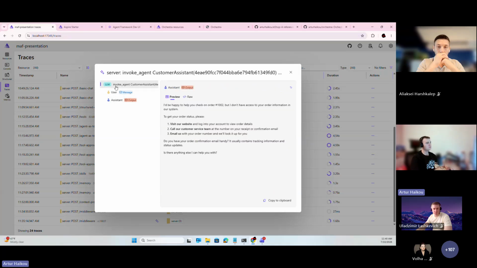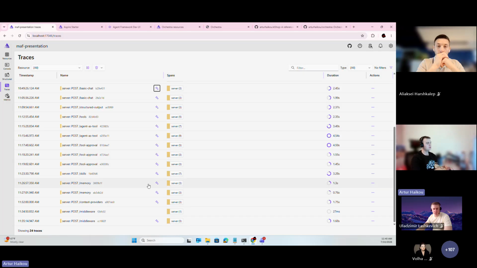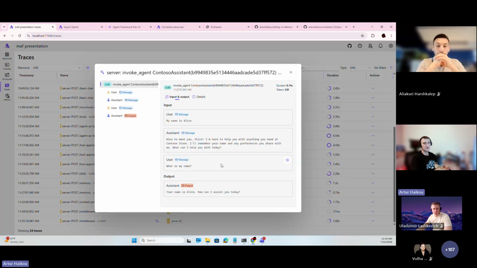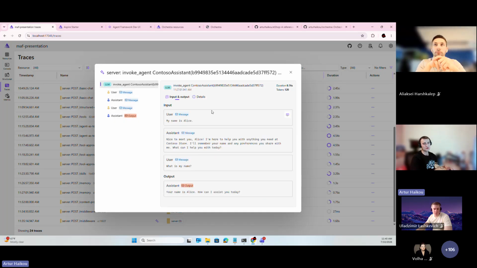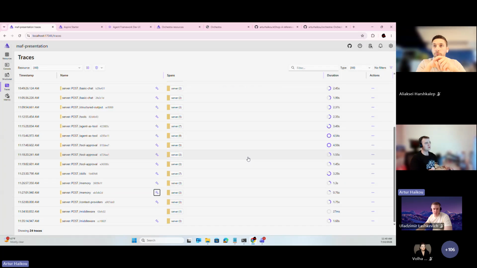We can see different parameters and investigate what's going on. We can see duration. We can see how many tokens we spent for this particular request. What messages are stored in our chat history. It's also useful. And yes, you're able to utilize Aspire for storing these metrics.